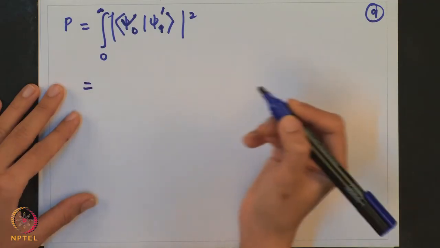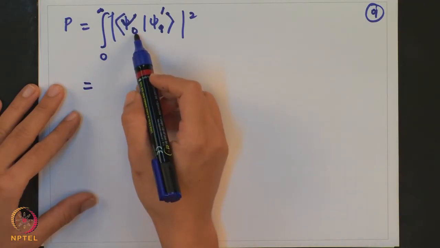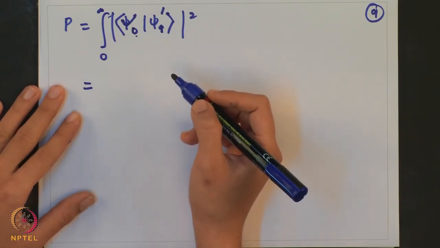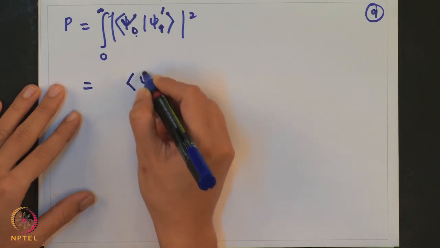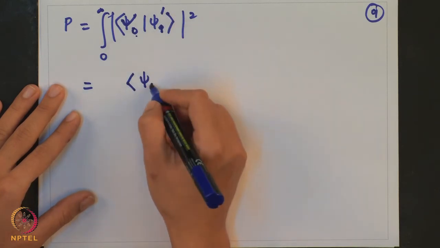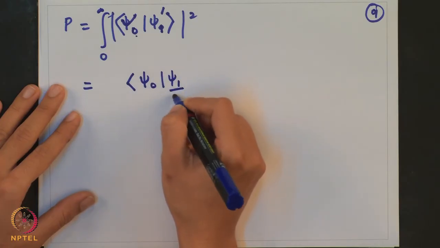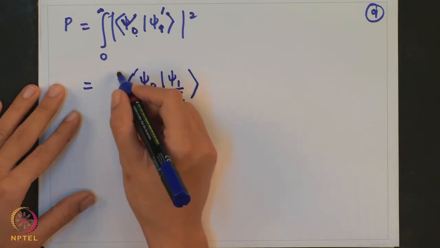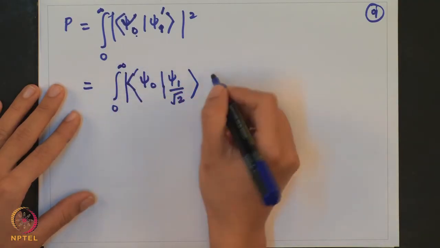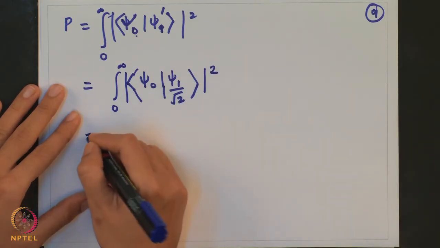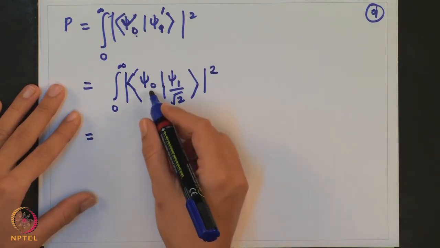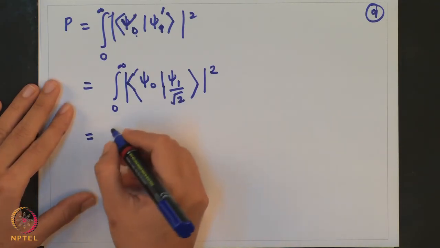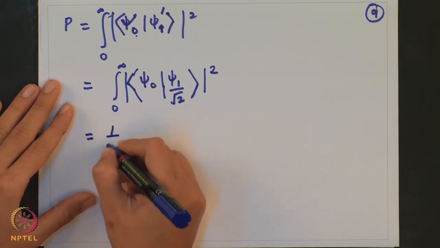Now we know what psi naught is and we know what psi 1 prime is. We are given the wave function which is normalized. So, now let me first write this psi 1 prime in terms of psi. So, this is psi upon root 2, and we have the integral from 0 to infinity of psi square. Now when I rewrite the entire expression of psi naught and psi 1 from the given expression, what I obtain is 1 by root 2